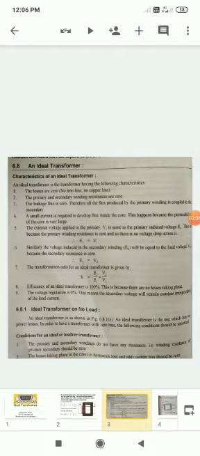Now we will discuss a little bit about what an ideal transformer is and what characteristics are involved in it. Firstly, the foremost concept is that its losses are zero. Obviously there is no loss in the ideal transformer. Losses in terms of iron losses and copper losses, we have already discussed. Copper losses are because of the copper wire that we use, and iron losses are the eddy currents and hysteresis losses that occur in the transformer. But in the ideal transformer, there are no losses.